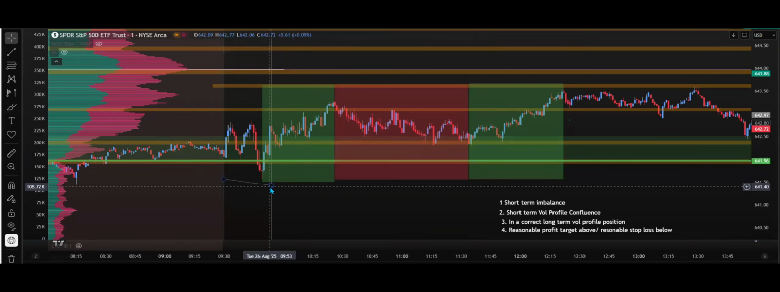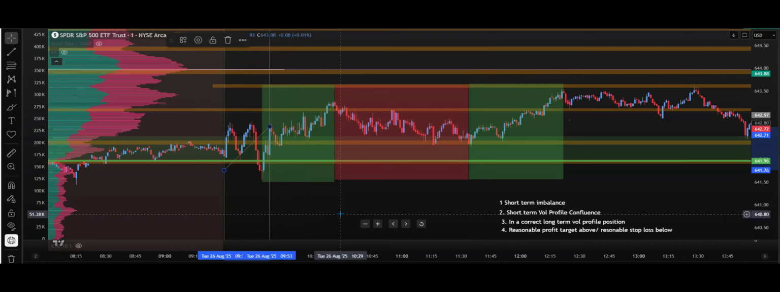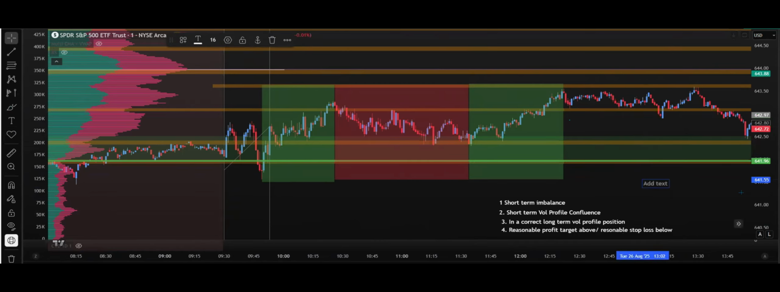Maybe let's try to do that again. Like right here. And while we're waiting for this, I want to show you guys where you can take these fixed range volume